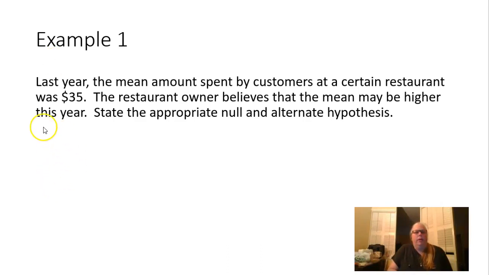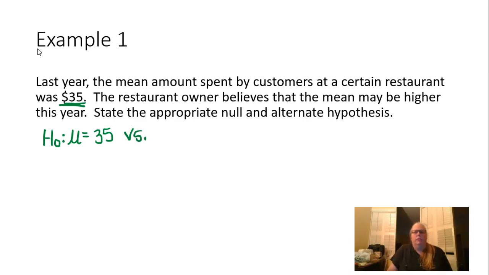The null hypothesis, which we are going to call H0, is based on what past evidence has shown. In this case, we knew that the mean amount spent was $35. So our null hypothesis is that the mean is still $35, so the mean is equal to $35,